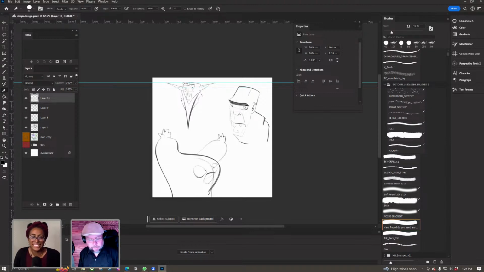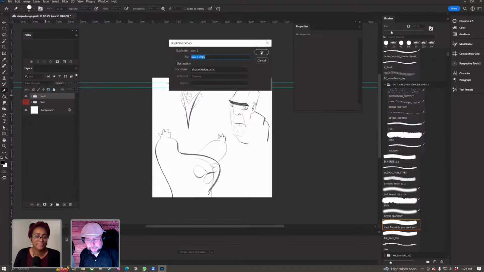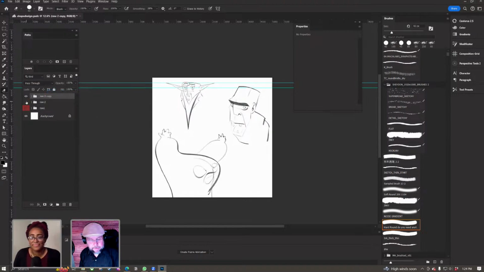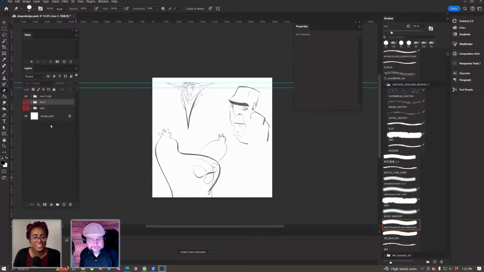So what I want to do is grab everything. You can name them anything. I'll just say raw because it's a raw file. So raw number 2, and I'm gonna duplicate and hide that one, turn it to red. I wish I could tell you that I do this every single time, but I don't. Usually it's a copy of a copy.